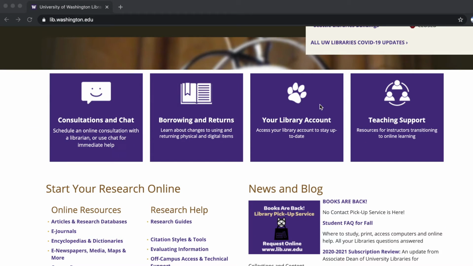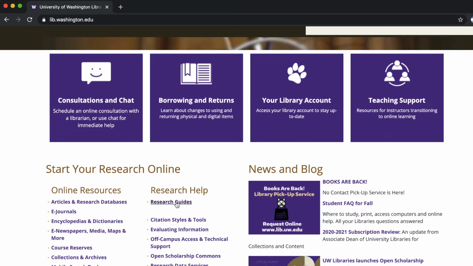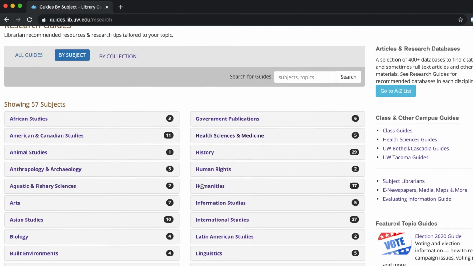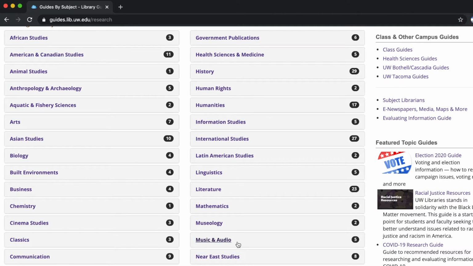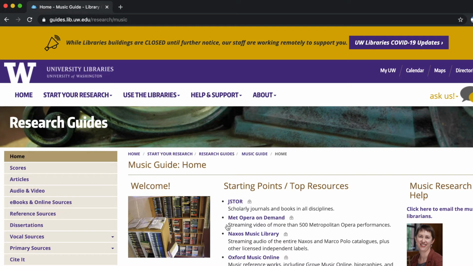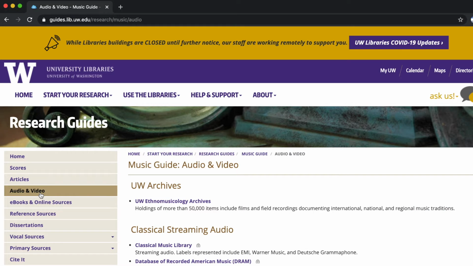From here, you will find a few different links. Today, we'll go to Research Guides under Research Help. Here, you can find a list of all of our research guides by subject. We are going to go to the Music Research Guide, but you can find research guides in all of our different disciplines. Navigating to the Music Research Guide, you can see that there are a variety of options on the left-hand side to choose from. We're going to click Audio and Video to access the audio databases we're going to be working